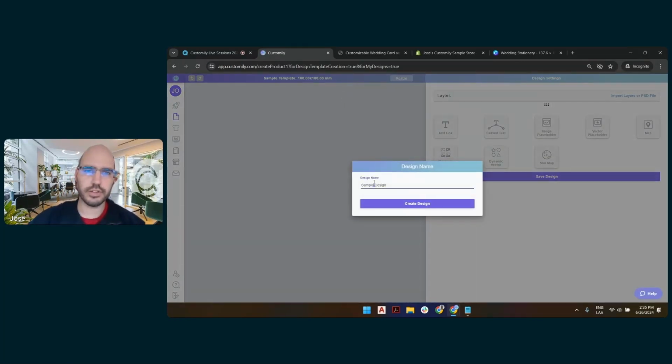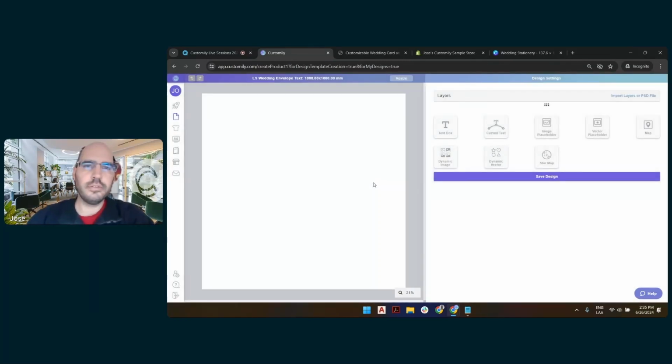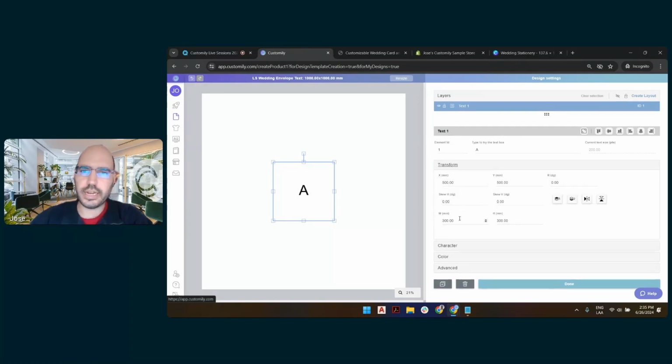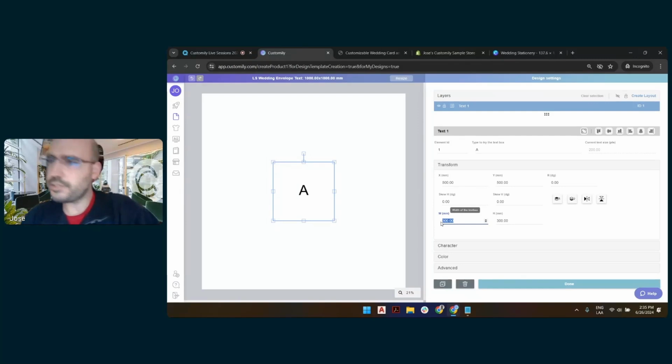Right, let's call this the live session wedding envelope text. As you know, as long as I have, this is going to be a single text box. So if I create a text box and go to transform and input the exact dimensions that I need, which are the same as the print area, in this case is